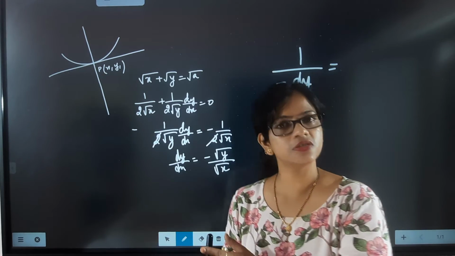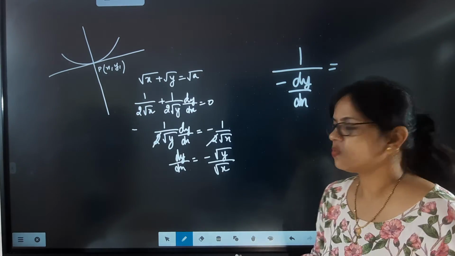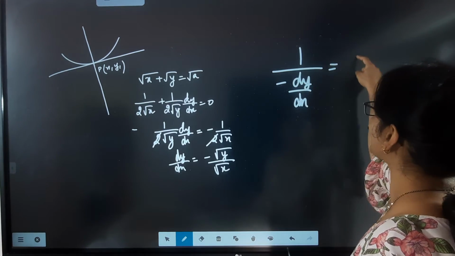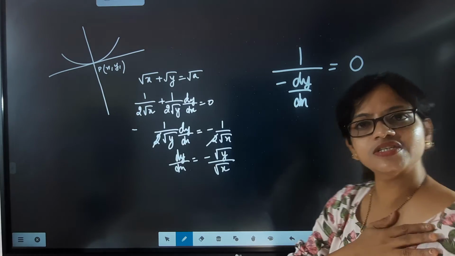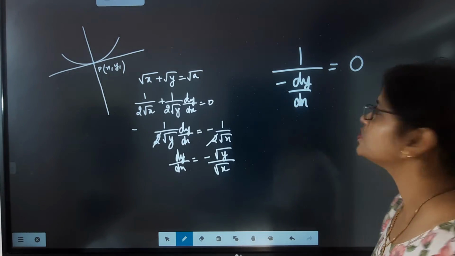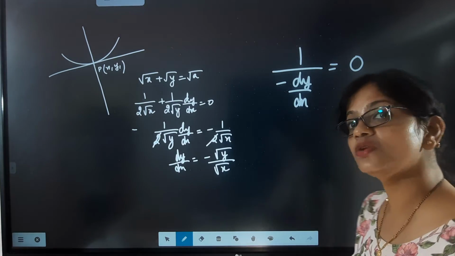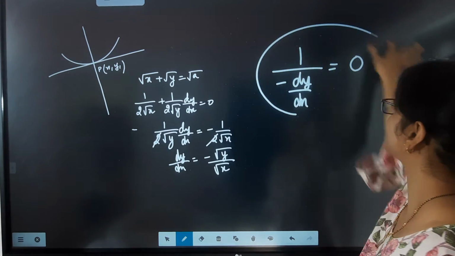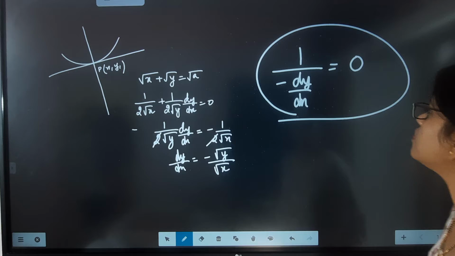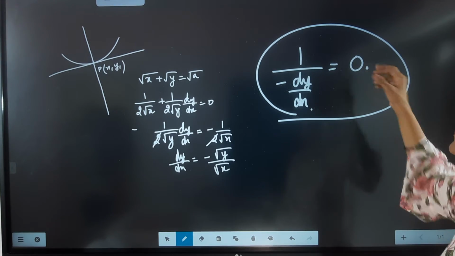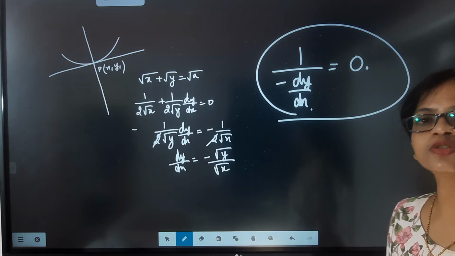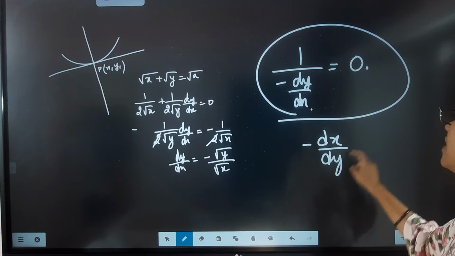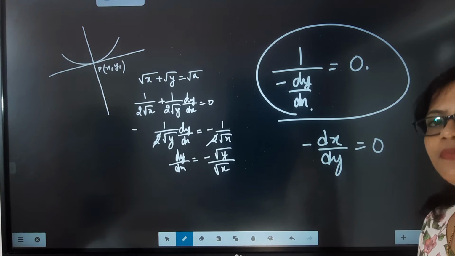If it will be 0, then what else are we going to do here? What part are we going to write here? Because now the normal slope is exactly equal to 0. So if the slope of the normal is coming equal to 0, what are we expecting here? Are we going to multiply here? No. Then what else can we do? Because this one will become minus dx by dy, which will be exactly equal to 0.